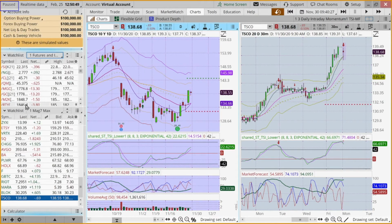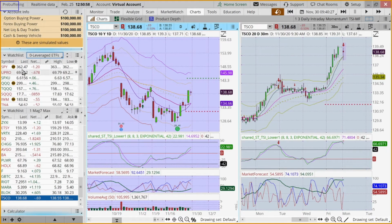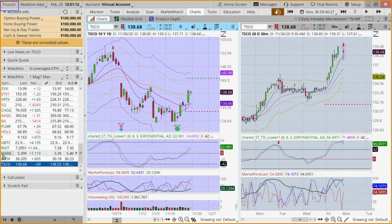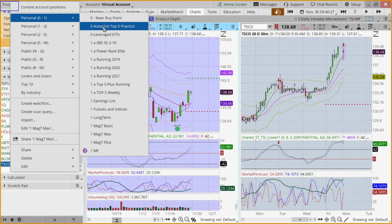And so that's where I will go to, let's say I would just want to look at leveraged ETFs instead of all of the indexes. And so that cuts me down dramatically on what I'm watching there. I can also just throw this watch list out and not look at it at all. The other thing I can do is change the watch list that I'm actually looking at. And I'm going to change that to my AutoPilot Top 5 Practice